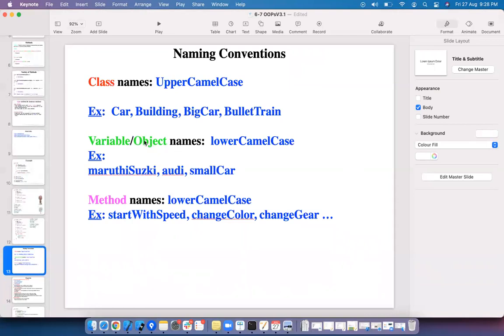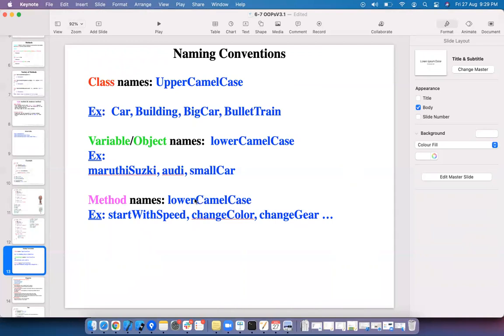Variables and objects are lower camel case. Maruti Suzuki. Second word, starting letter should be capital, or else if it is a single word, you can use all lowercase. If it is a double word, you can use lowercase for the first, then the next word in capital case.